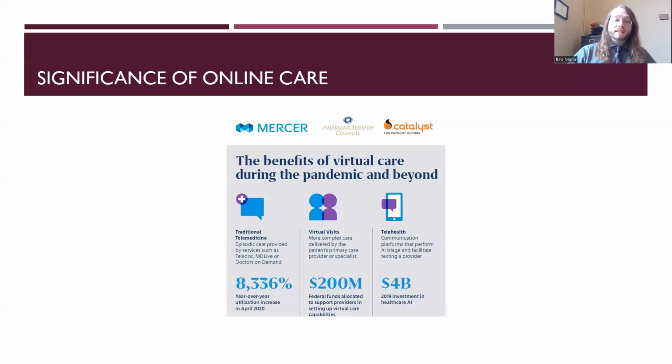So I think it's important for us to think about the role that virtual care has. For example, since April of 2020, there has been over an 8,000% increase in the usage of telemedicine, communicating online. There's also a whole lot of funding that has gone into virtual visits, including the role of federal funds to create virtual care facilities and the use of communication platforms and investment in things such as AI. Of course, with things such as ChatGPT